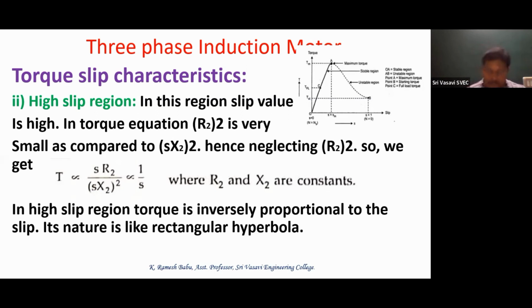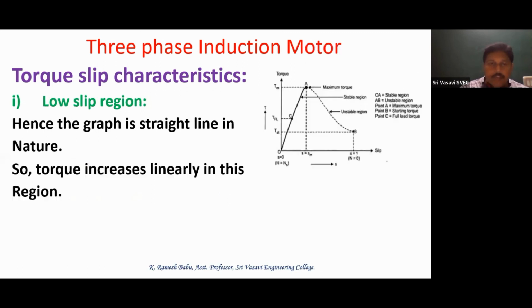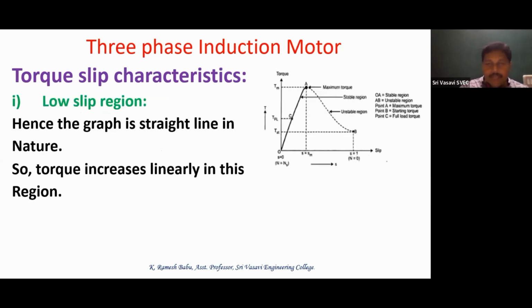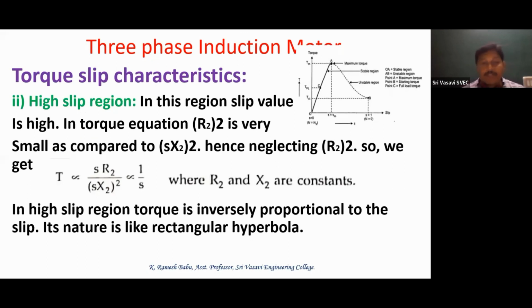As we already know that R2 and X2 are constant, therefore T is directly proportional to 1 by S. Torque is directly proportional to 1 by slip, that means torque is inversely proportional to the slip. So in the low slip region, we obtain that torque is directly proportional to slip, but in the high slip region, torque is inversely proportional to slip. That means